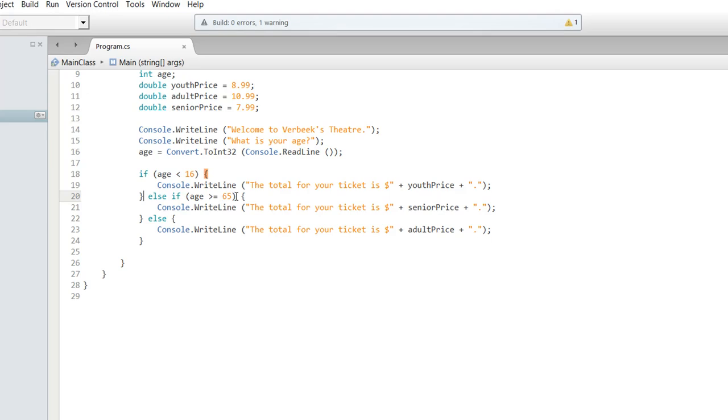and I did an age that is greater than or equal to 65. We do pretty much exactly the same thing, except we're using seniorPrice. And then